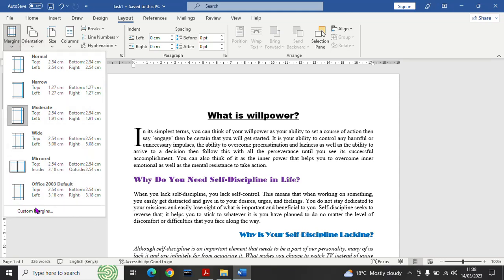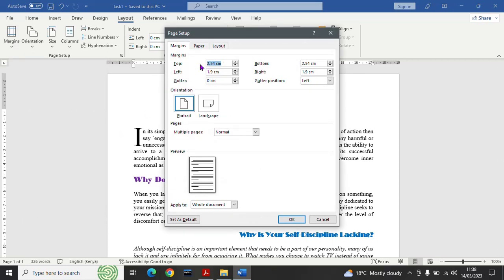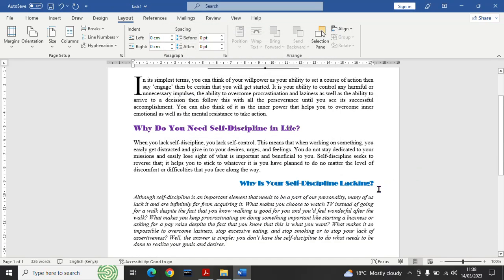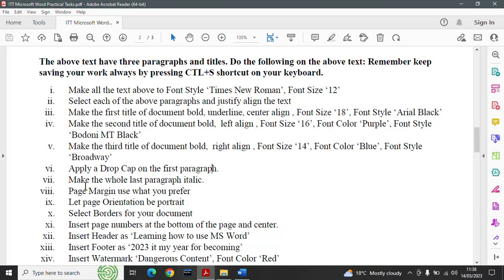But if you want to put custom margins where you are asked to put a specific length, you go here and specify top, bottom, right, and left. Okay, then you press OK. That's where you set them. Okay, the next thing we are looking at,